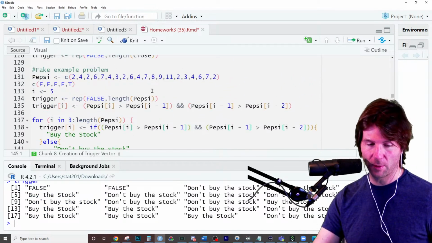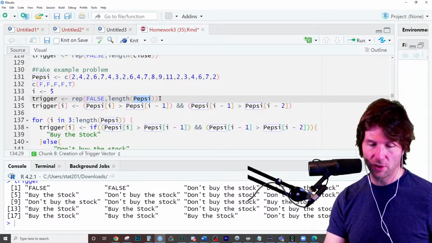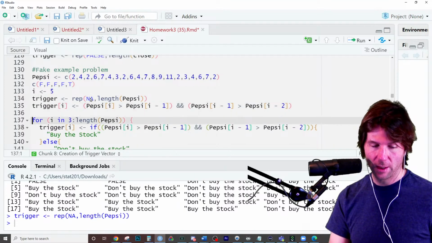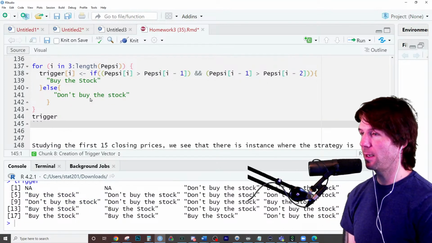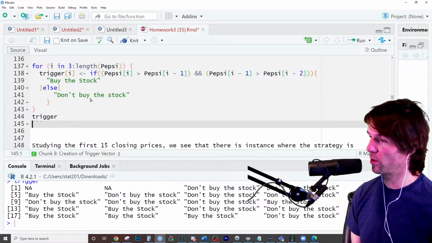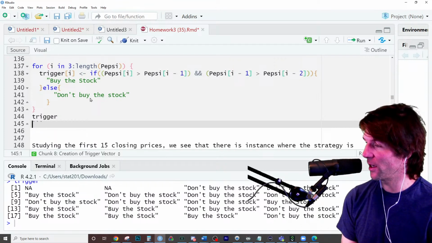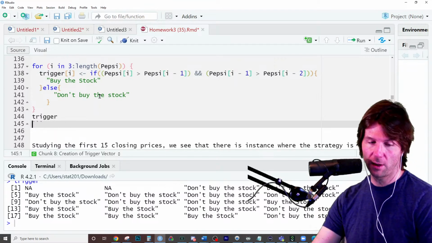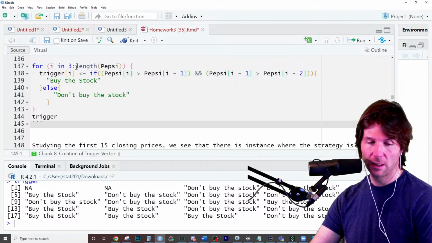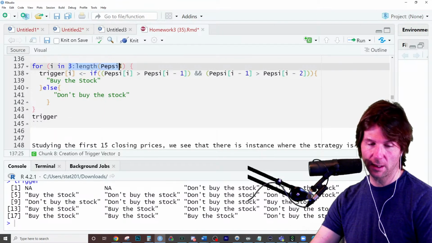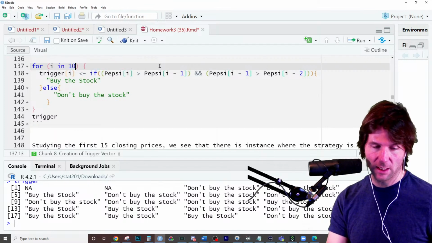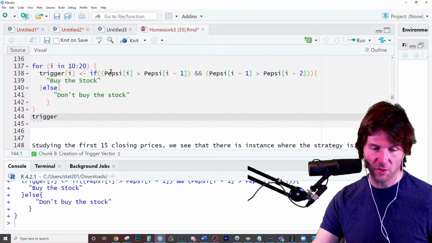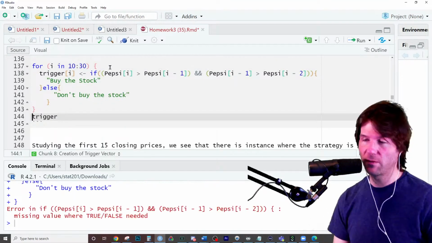And now I see it, you know, we want to put missingness. So I sometimes do stuff like this in case people are directly copying. I want people to understand what we're doing and how we can manipulate the code. And now I can store a different object into there. Missing value where true/false needed. So it sounds like you're going outside, probably a length of vector thing. Try this, Katie. Take your vector and try running it on something like, let's say 10 through 20. And mine probably is going to give the same issue. Or let me try 10 through. Does my vector go that long? Missing value where true/false needed.